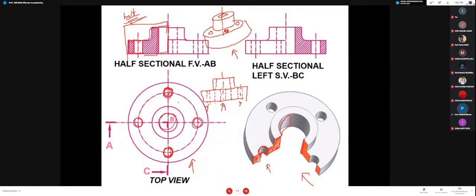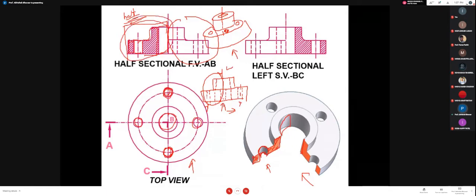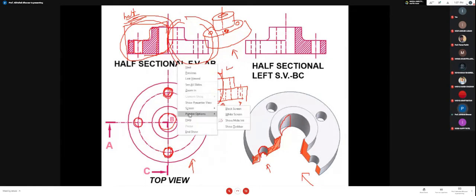So now if I want to draw the half section, what I have to do: the half portion on the right hand side, that I have to draw as it is. See here, I have drawn that thing as it is, and this half portion on the left side has been drawn similar to the section view. So you are going to draw half of the portion similar to the section view. Another half portion you are going to draw similar to the orthographic view. Okay, so this is the way I can draw my front view.